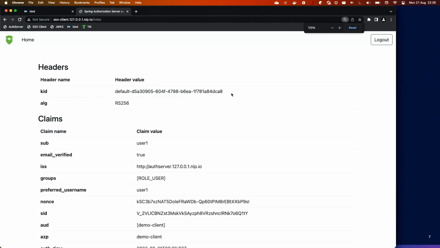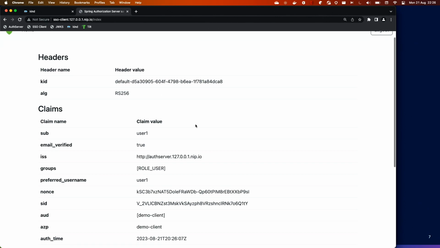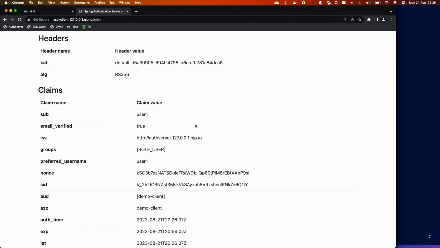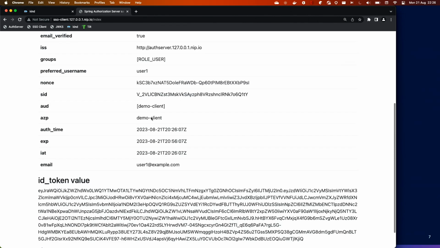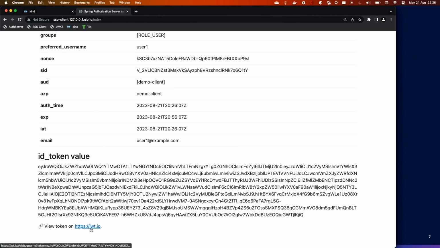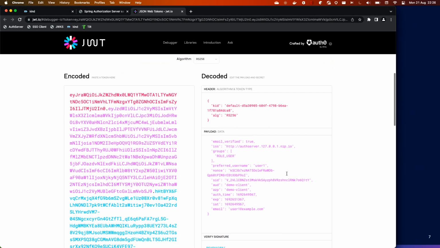There you go. Yeah. So the main things to look at here is the KID claim, so the key identifier, right? By default we have this key installed at startup, and then there's the algorithm. The main thing we want to demonstrate is the key rotation. So we have the KID here, and we could take a look at the raw ID token here in JWT. Here we have the default KID, right? Now let's go to